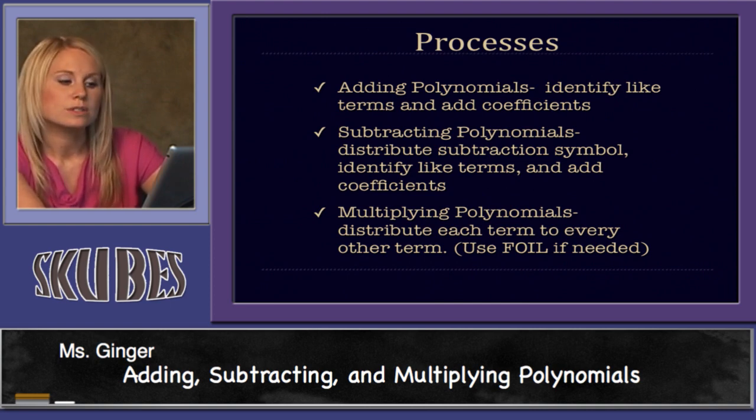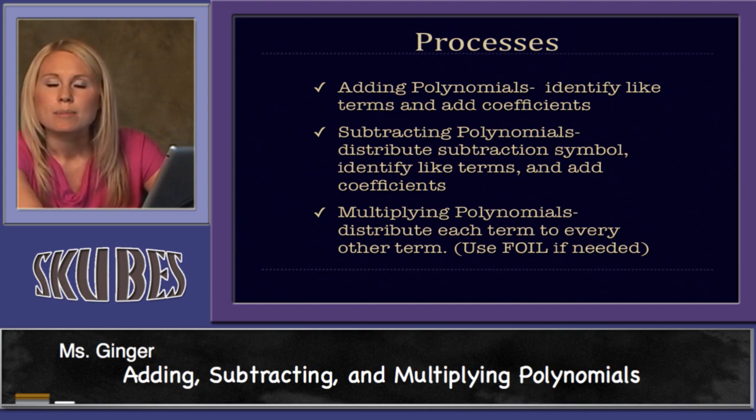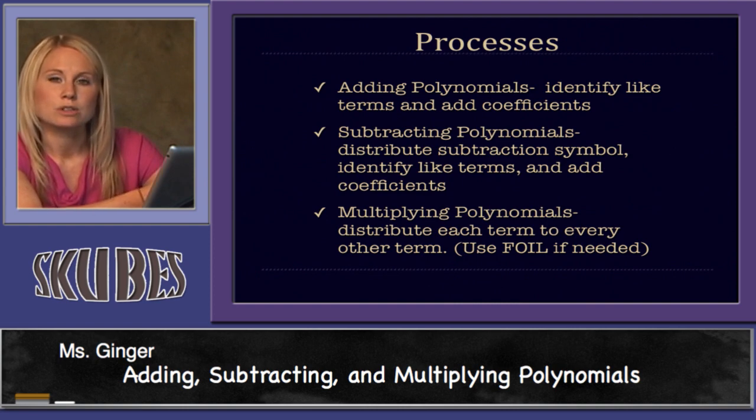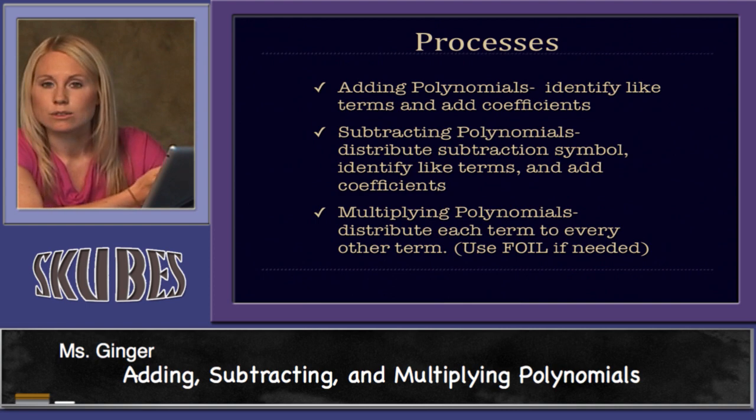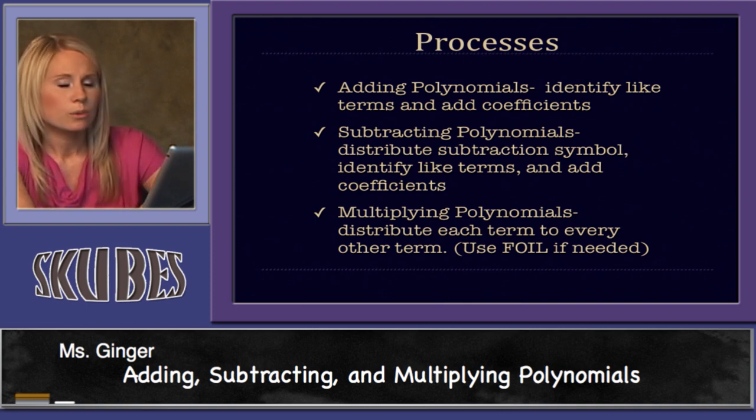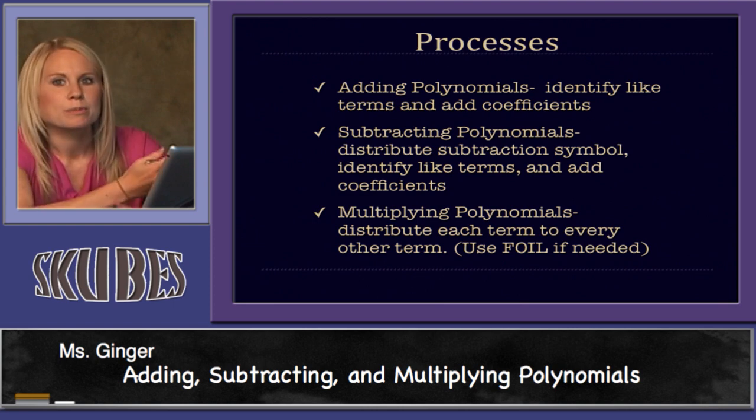and we just have to put those together for our like terms. Subtracting is going to be the same thing, but if we have a large expression that we're subtracting from another, first thing we want to do is distribute the negative sign, rewrite the terms, and then look for the coefficients. Finally, we're going to check out multiplying, and to do that, we have to have a little bit of patience